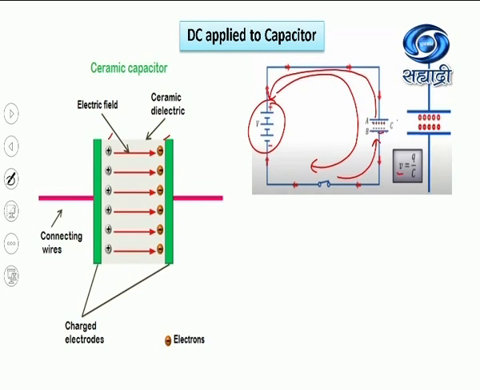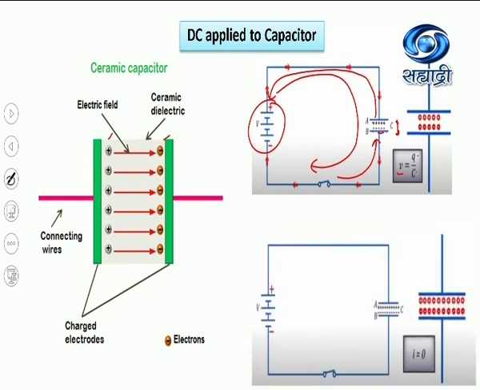And the voltage drop between the two plates of the capacitor is given by the formula Q upon C, where Q is the charge on each plate and C is the capacitance. Now, this earlier diagram was when there was current flowing through the capacitor, meaning the capacitor was charging. And when the capacitor reaches its maximum value of charge, in other words we can say it is fully charged, then there is no movement of the electrons, and that's why the current is equal to 0.